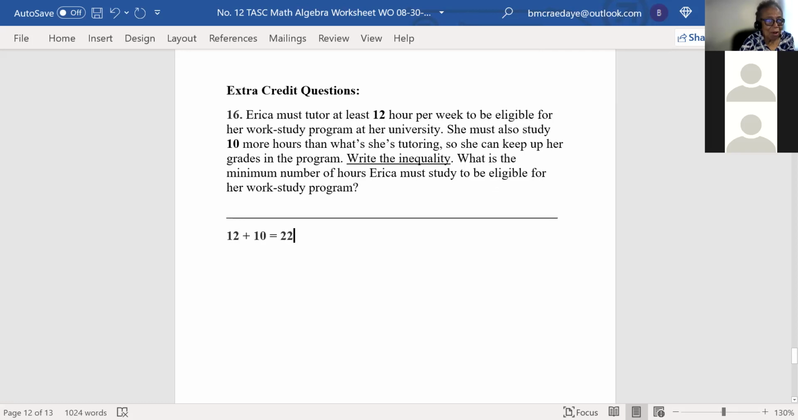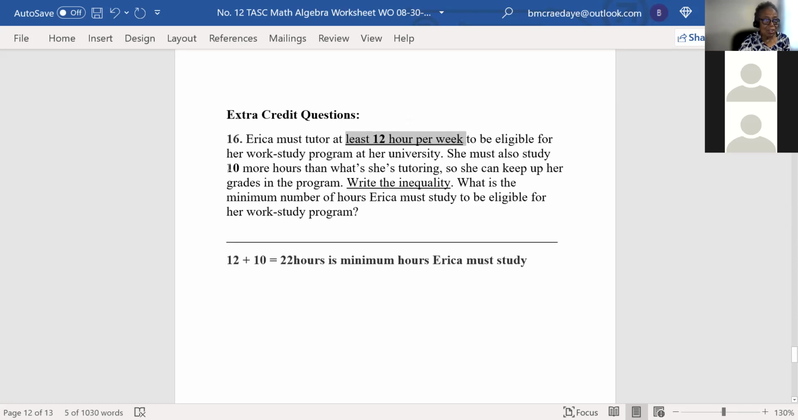So the minimum hours Erica must study, that's 22 hours. The minimum hours Erica must study is 22 because it says at least 12,